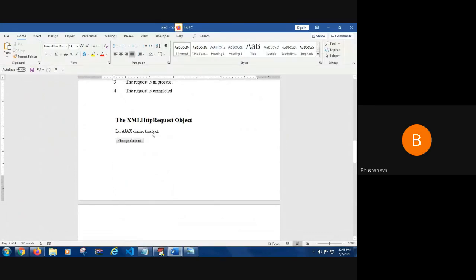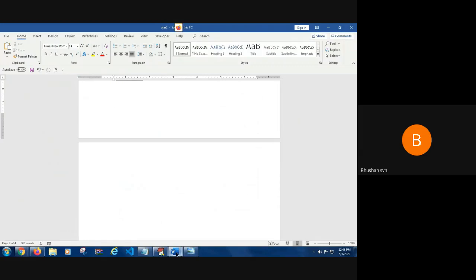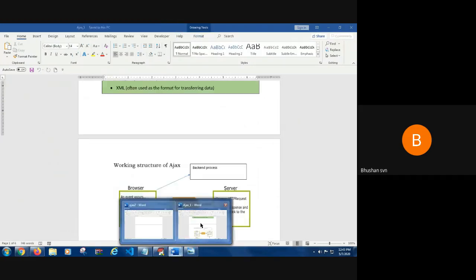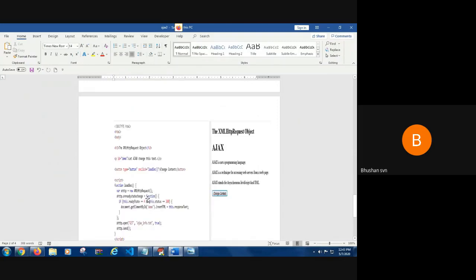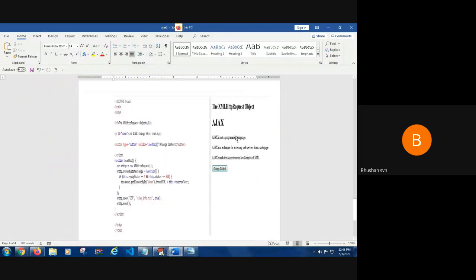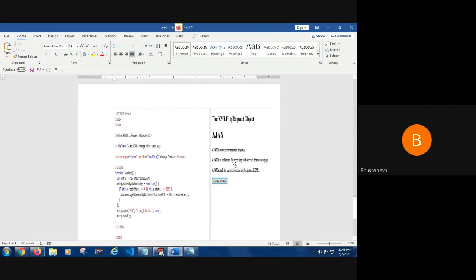When you click on the contents, the output will be like this. So you can see Ajax is a technique for accessing the web page. Ajax is asynchronous JavaScript and XML. That means in the file called demo.txt, I have this.